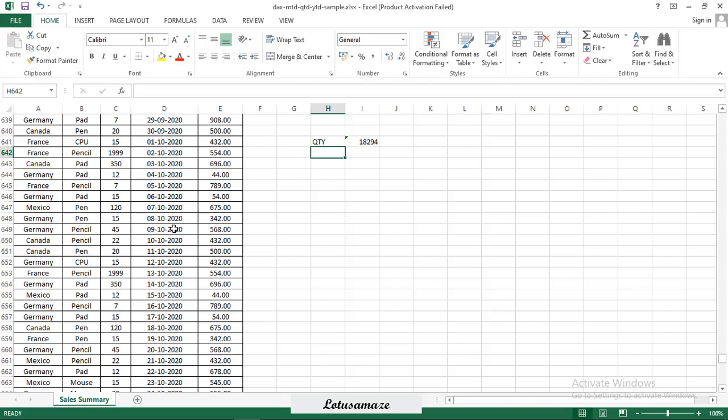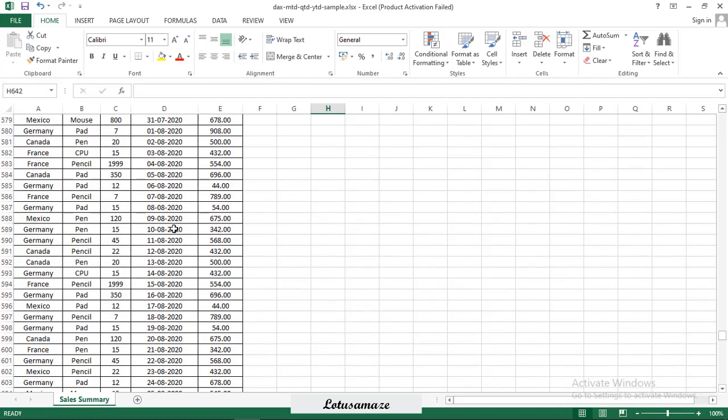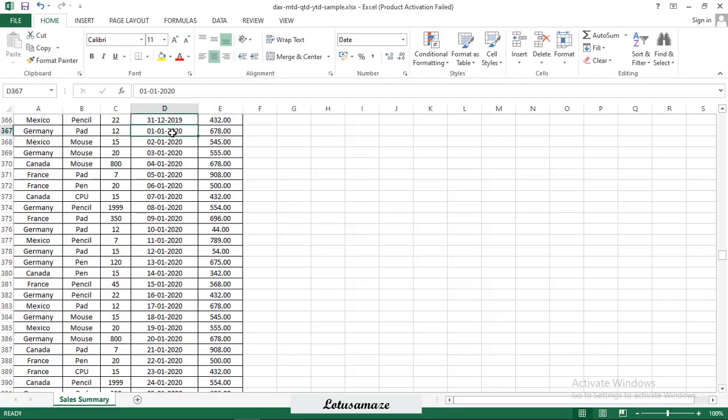Now we verify the figure for year to date. The current year is 2020 and the dates will be taken from 1st January 2020. So this is our 1st Jan 2020. Now YTD.